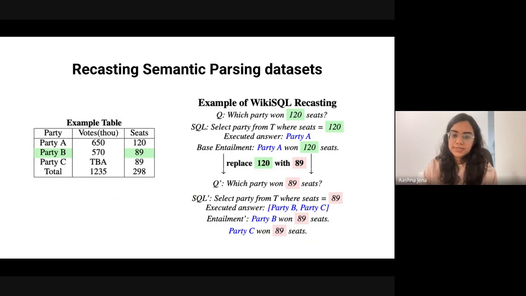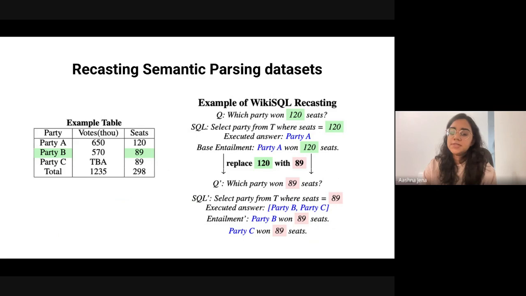For semantic parsing datasets, we have an interesting situation. We have a question and an SQL query. So first we can execute the SQL query. We get a short form answer, which we can combine with the question using a sequence-to-sequence model as described before, and create a base entailment. And then we can create contradictions from there.